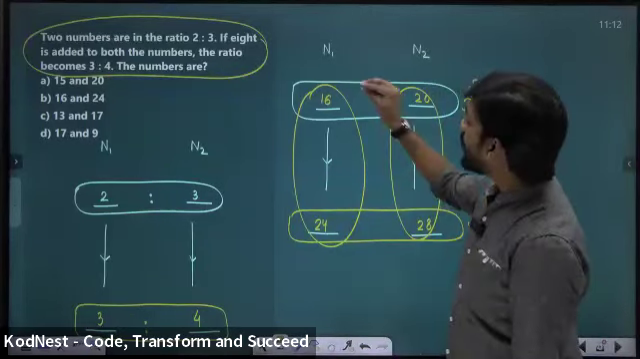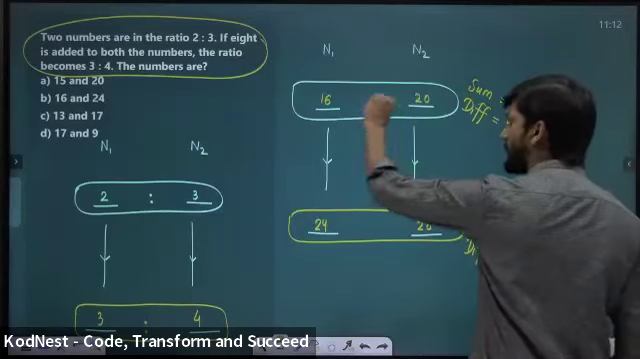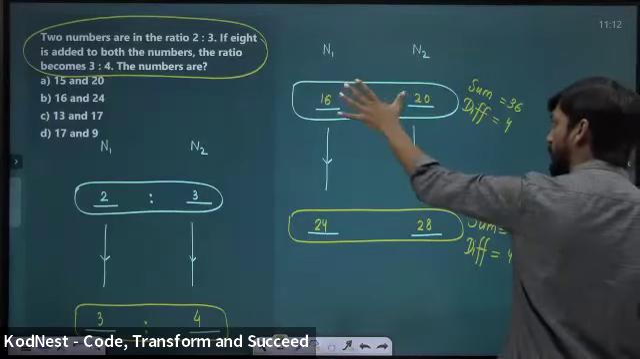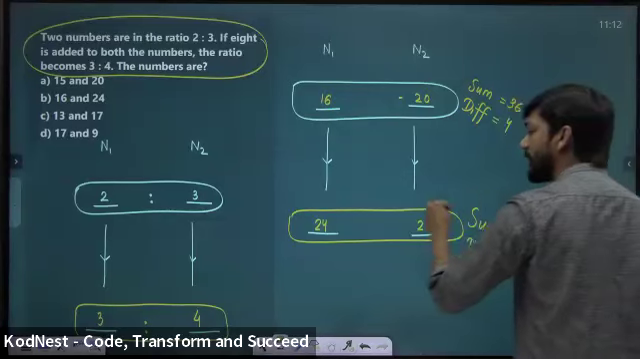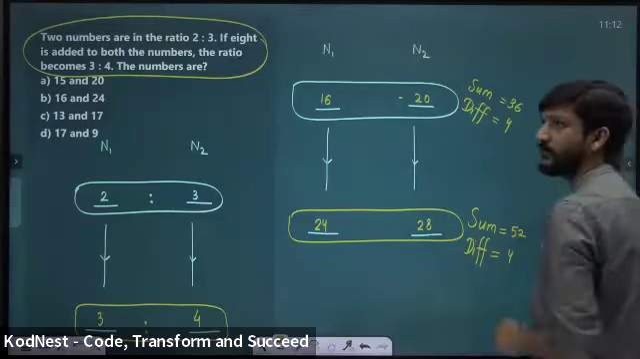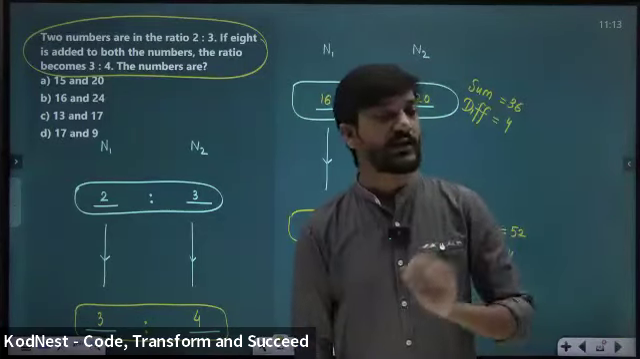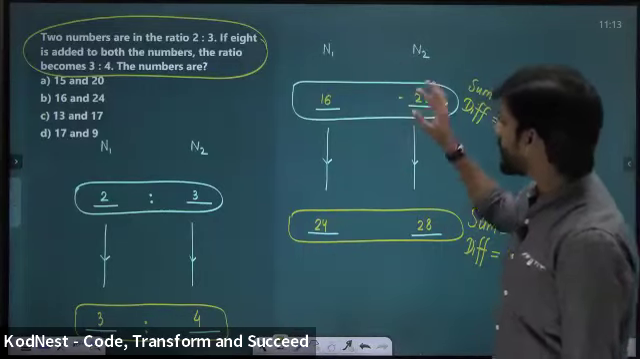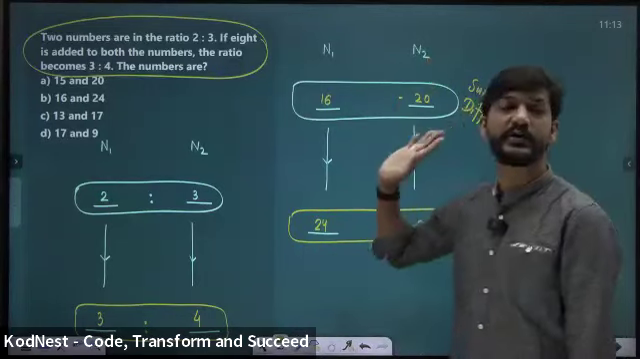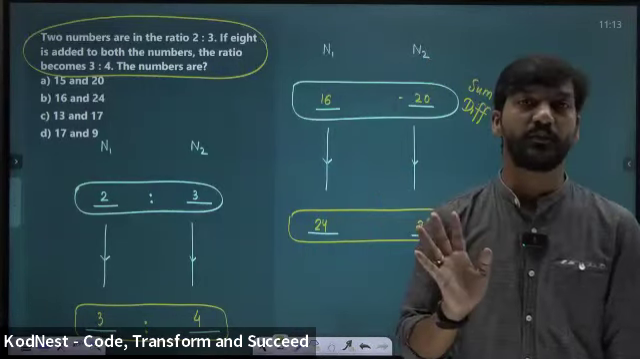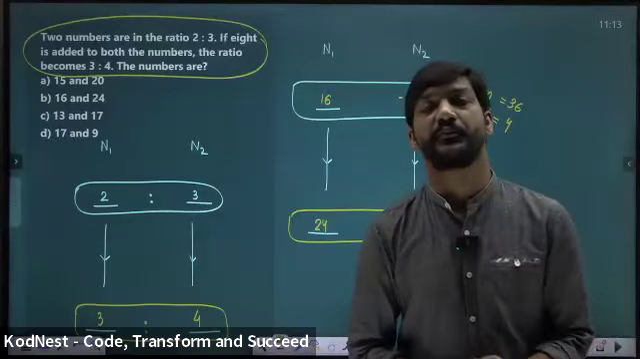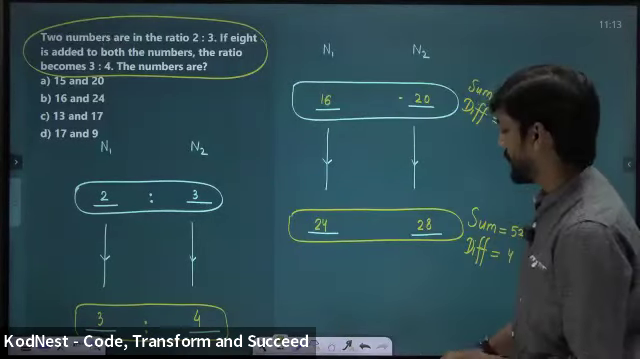So what I'm saying is, in this set of old values, these are old values, difference is 4. These are new values, difference is 4. Difference will not change. Whatever these numbers are, difference will not change. I don't know the numbers right now, but difference will not change. Okay. So now,